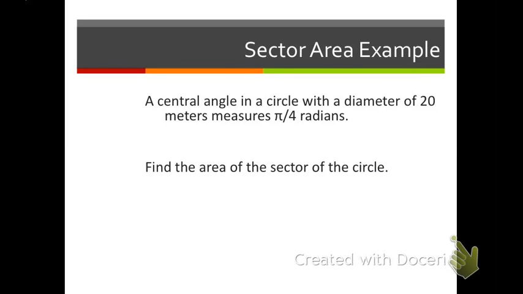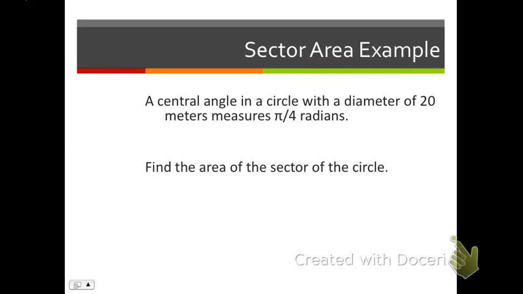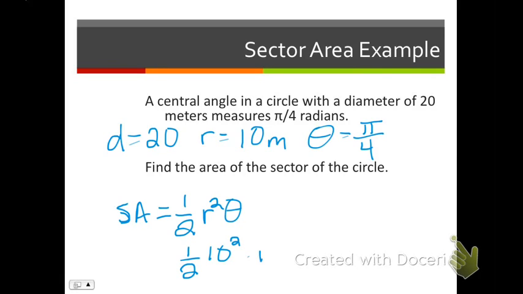All right, so a sector area example, central angle. So we have diameter again. Let's see, D equals 20, but I don't want D, I want R. And theta is pi over 4. So our sector area, which I'll just call SA for right now, is 1/2 r squared theta. So that's going to be 1/2 times 10 squared times pi over 4,